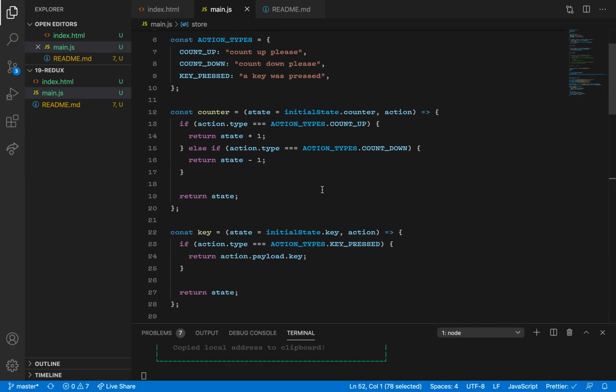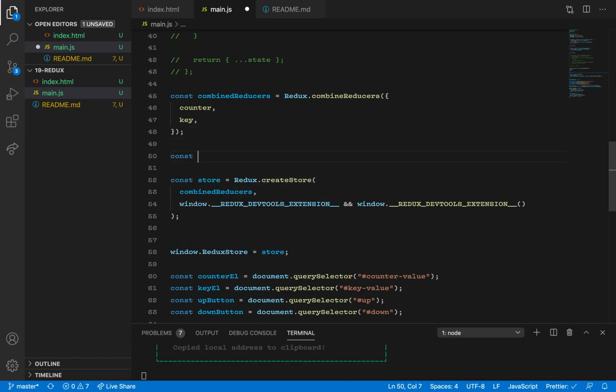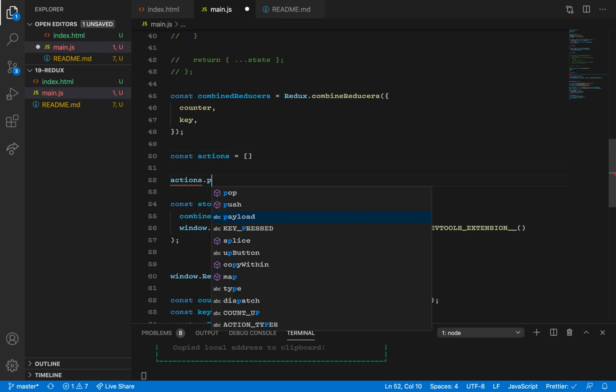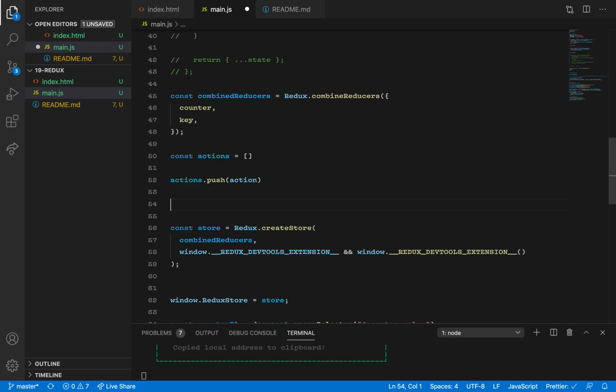But because they all go through a reducer, you can add some middleware that is just storing an array of actions. You just keep doing actions.push the latest action, and then when something does go wrong, you can do fetch